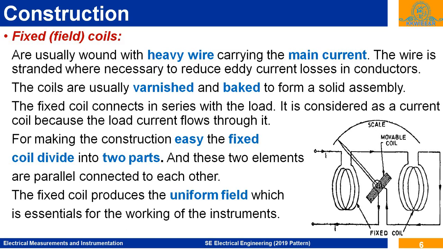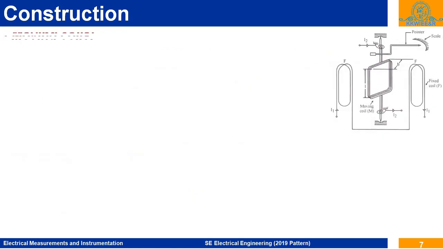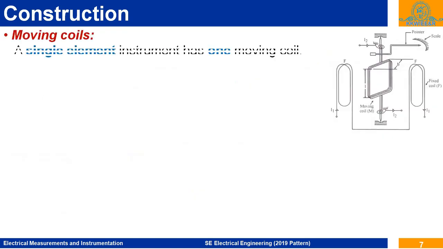So in the case of a precision wattmeter, the two halves of the fixed coils, which are connected in series for the basic measuring range, can be connected in parallel to increase the wattmeter current range to twice its original value. Okay. So shunts are not used for extension of current range since they are subjected to temperature error. So this is about the fixed coil. Now we will see the moving coil.